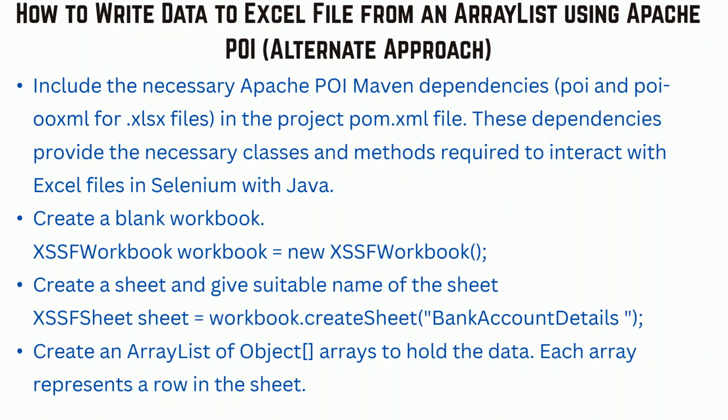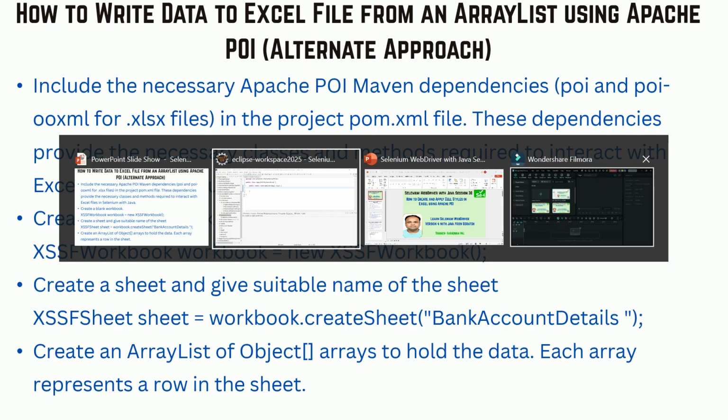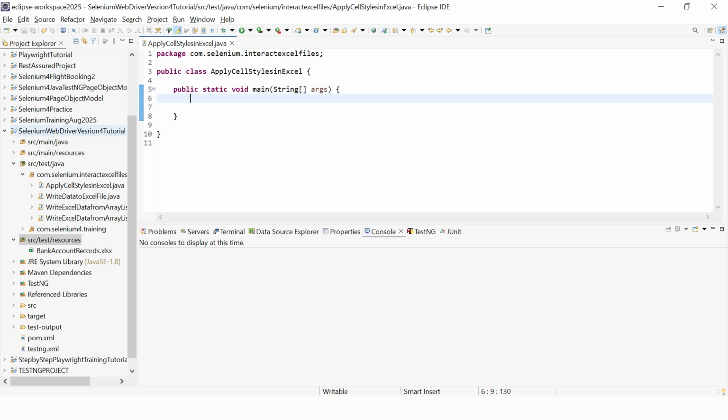So whenever a user wants to deal with an Excel sheet with the help of Apache POI, the first thing is that in the project, the user needs to add the POI and POI OOXML dependency. So automatically all the relevant jar files to interact with the Excel sheet will be added to your project, and the user will get all the relevant classes and methods required to interact with the Excel file in Selenium with Java. So what I already did, this is the project I already created, and this is the